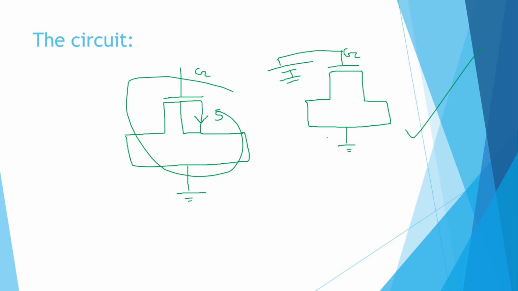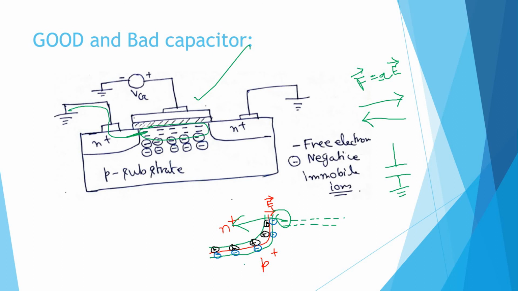Remember that if we want to use MOSFET as capacitor, we should not operate the MOSFET in accumulation region. Okay, that is by applying negative gate potential. Rather, we should use positive gate potential, because in positive gate potential case, there is no concept of parasitic resistor, because the free electron channel is short circuited with the source. And how? I have explained in this story the depletion region concept. Okay, so this is all for this video.